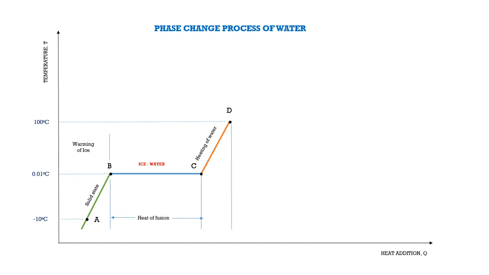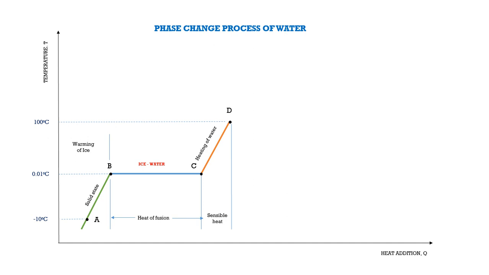So, what is the process C to D? At C, the temperature of the water is 0.01 degrees Celsius. At point D, the temperature of the water is 100 degrees Celsius. So only the temperature of the water increases. Therefore, the process is called a heating process, because the temperature is raised from 0.01 degrees Celsius to 100 degrees Celsius. So it is called heating of water. The amount of heat required to change the temperature is called